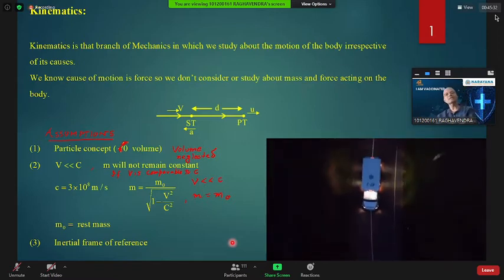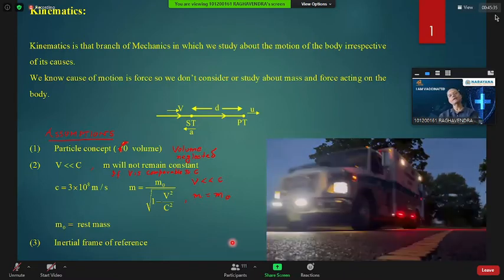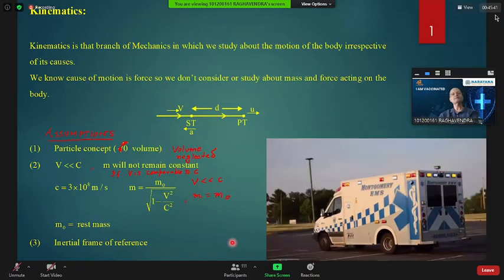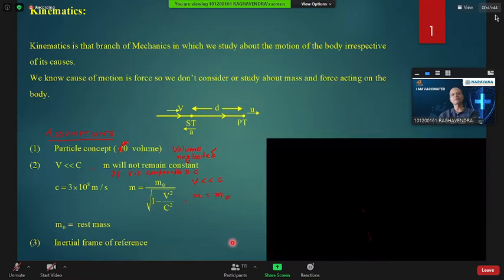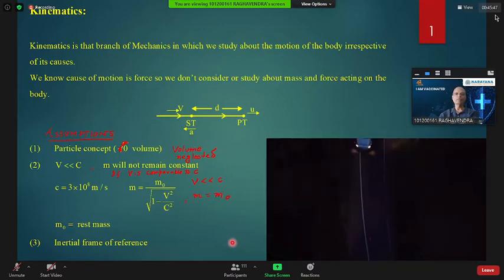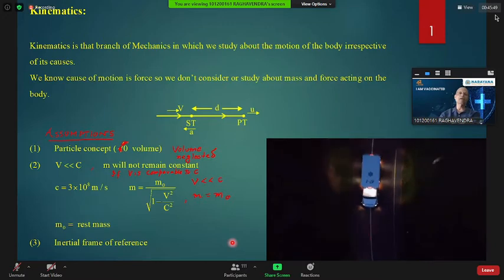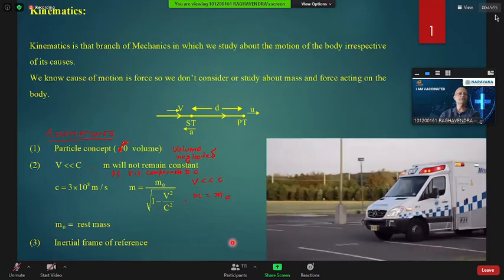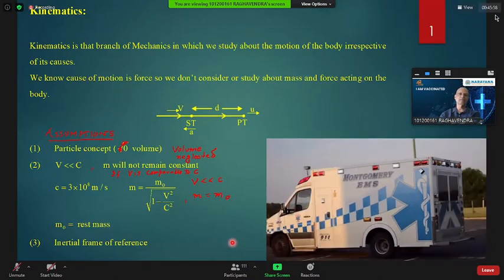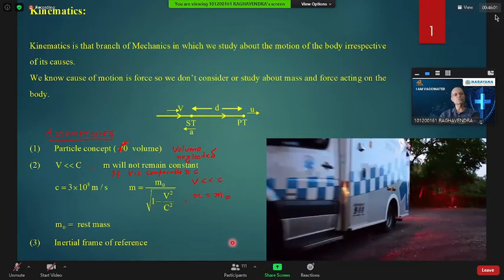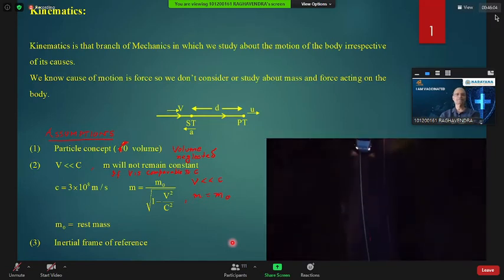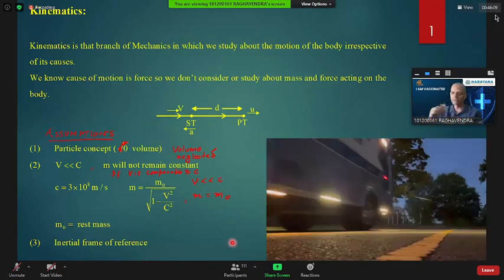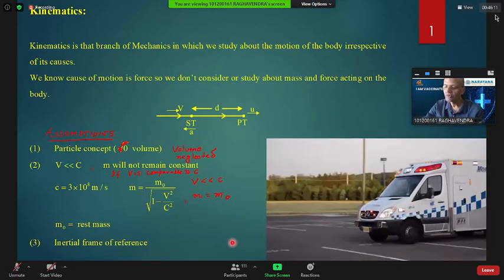Whereas a three-dimensional frame of reference, like landing or taking off of an aircraft, we are not studying at all. There will be some problems for IIT Advanced in which we will use that concept, but mostly we will restrict ourselves to one-dimensional and two-dimensional motion. So you need a frame of reference to study kinematics, maybe one-dimensional, two-dimensional, or three-dimensional. Tell me, did you understand these assumptions? Yes, sir. Very good.